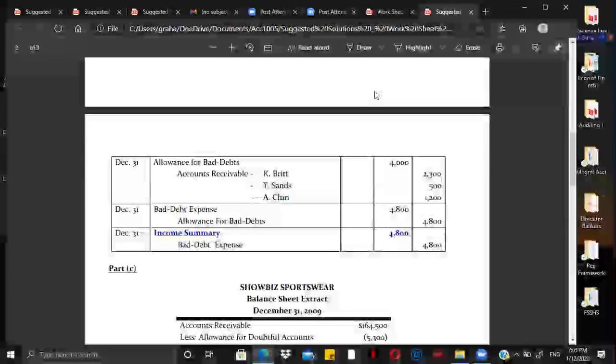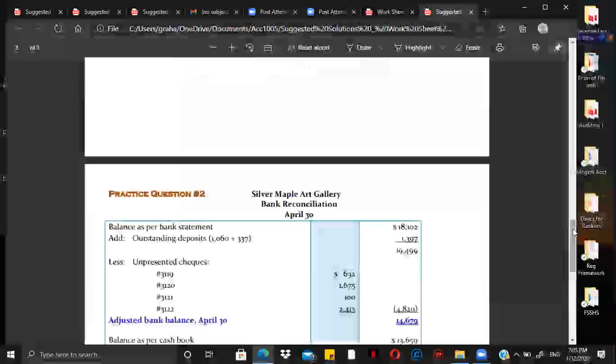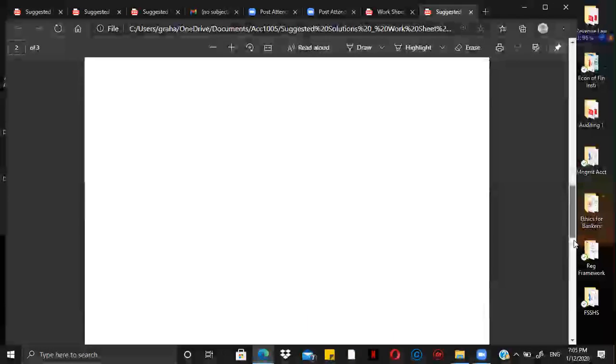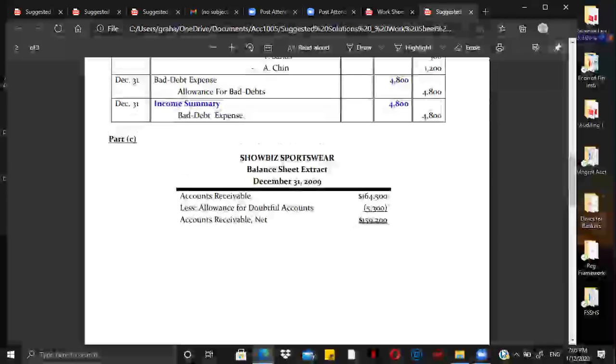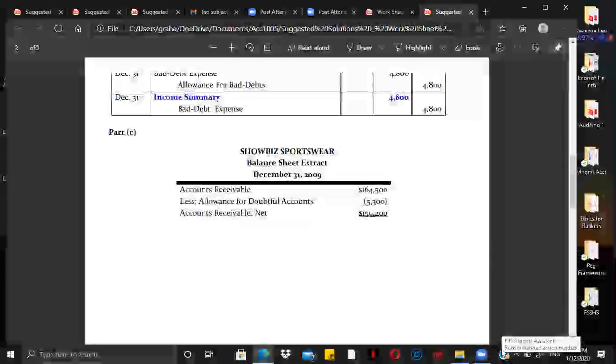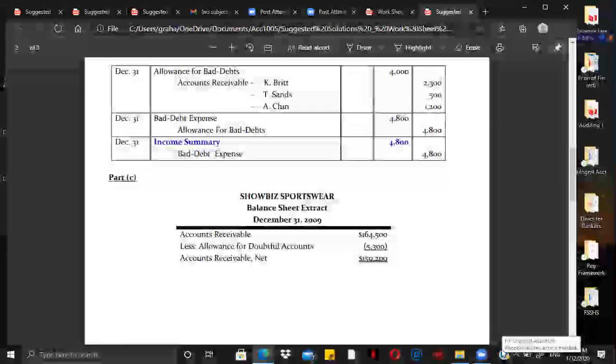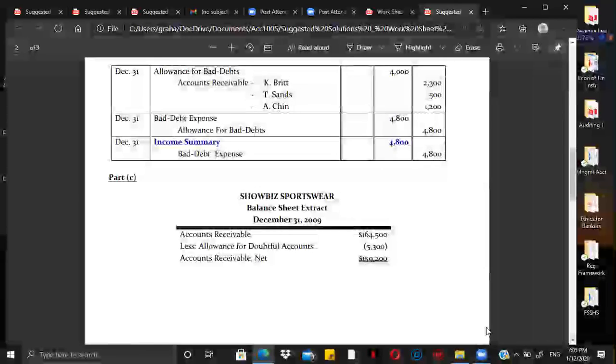So it's important to remember what kind of balances the accounts have, because if you know that accounts receivable always carries a debit balance, then if you're going to lower it, you'll know that you're supposed to credit it for accounts receivable. So now we're moving on to